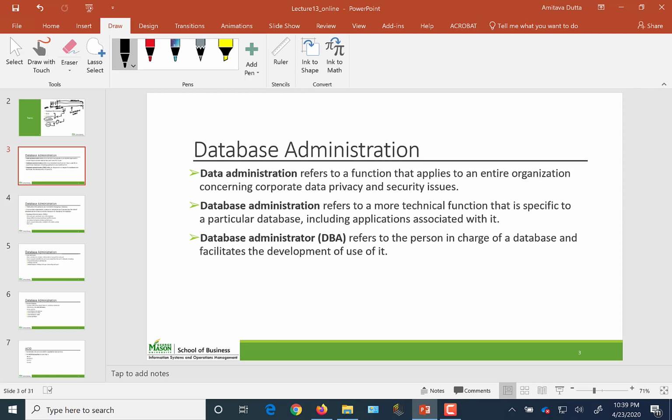Now, you can see over here that there's a slight distinction being made between data administration and database administration. At first glance it might seem like you're splitting hairs, but there is a conceptual difference between the two. Data administration has more to do with managing and administering the content that goes into the database. So if you set aside the software, hardware, networking, all the technology that goes into managing the content,